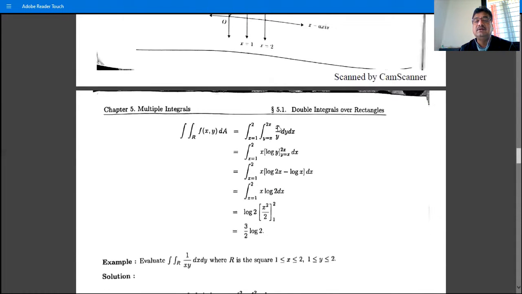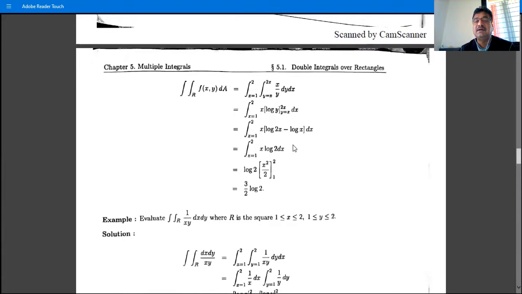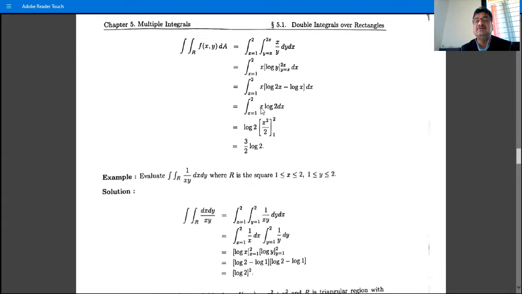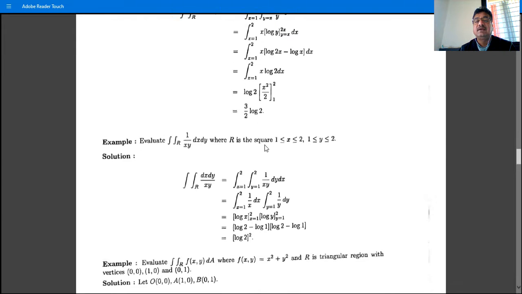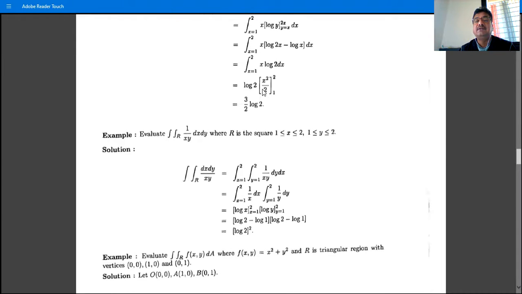Then we solve. The integral of 1/y is log y, with x constant, between the upper and lower limits, giving log 2x minus log x. What is that? It is log (2x/x), that is log 2, since log a minus log b is log (a/b). Now log 2 is a constant, and the integral of x is x squared by 2, and then the upper limit value is 1 by